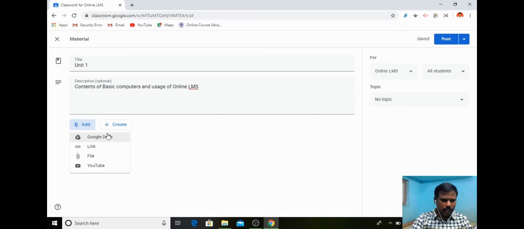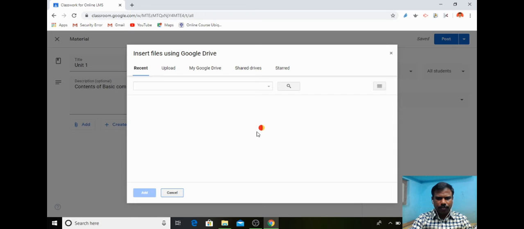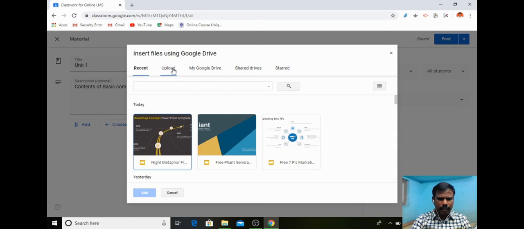You can see the 4 options already we have seen under the Stream tab: Google Drive, link, file, and YouTube. So either you can select from Google Drive. So I am selecting the Google Drive link. Now you can see the recent or my Google Drive or upload.